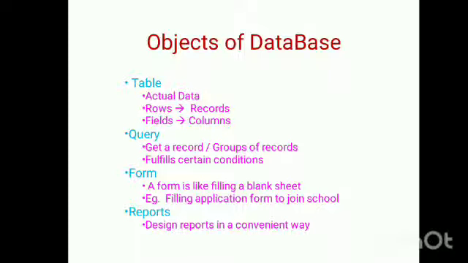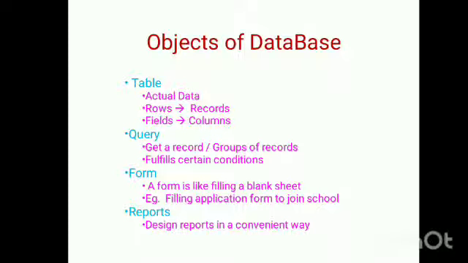Then next object is query. What do you mean by query? It is used to get a record or group of records from the database. It must satisfy some certain conditions like roll number equal to 6 or total marks greater than or equal to 450, like that.